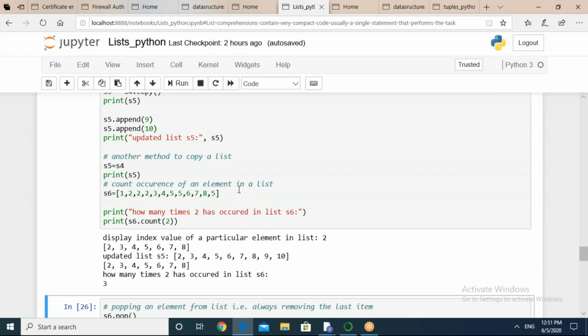I told you earlier also, as and when you perform delete, suppose delete is to delete the last item, you are deleting the last item. Next time when you execute again, it will delete the last item and so on. So the shape of your list will keep on changing. Is it clear to all of you? So pop is going to delete the item that is at the end. Is it clear to all the participants? Okay.